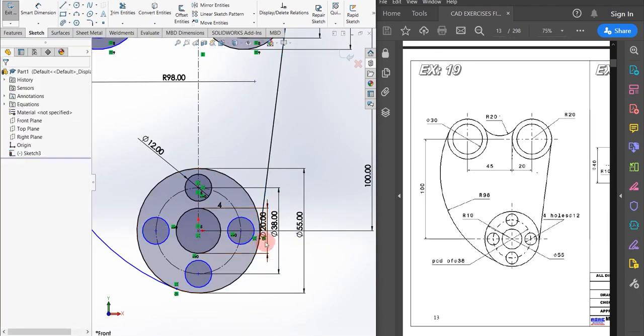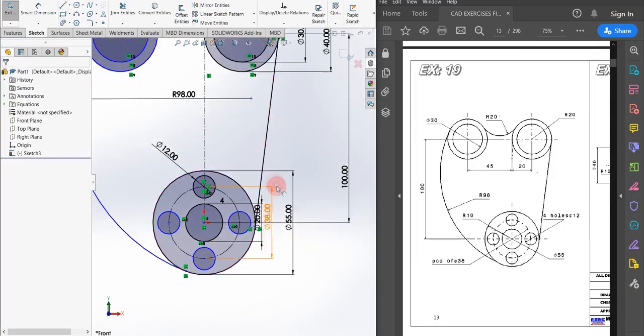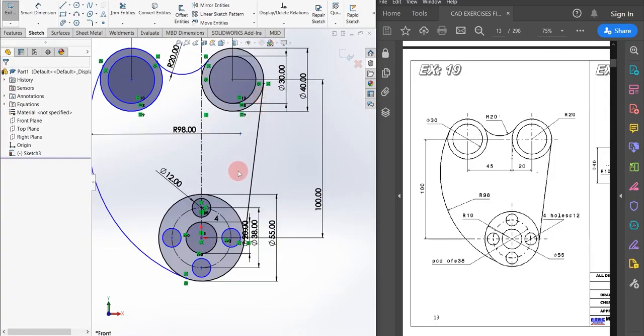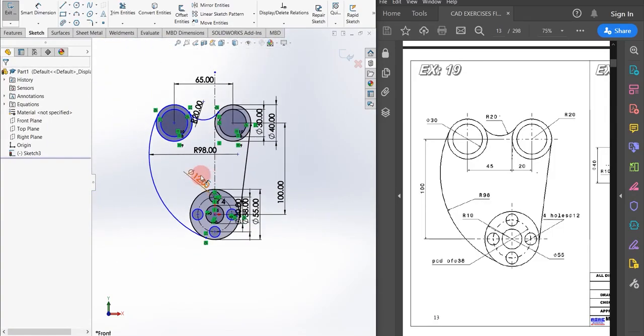Automatically you can see that the tangent relation is established. So our sketch is complete, but as you can see, this circle and curve is blue, so it is underdefined.